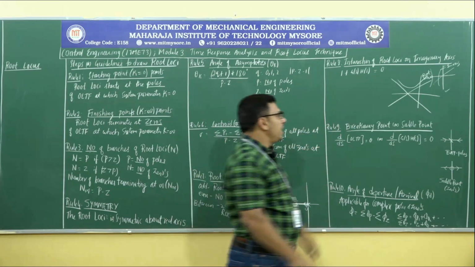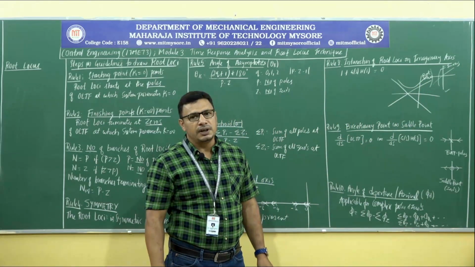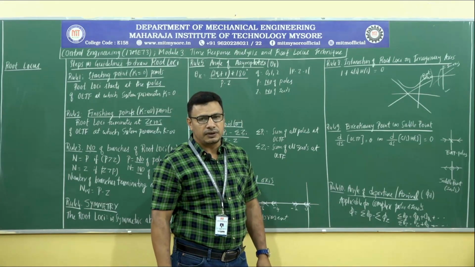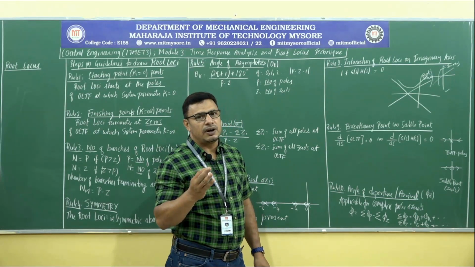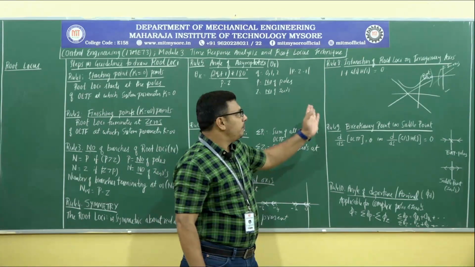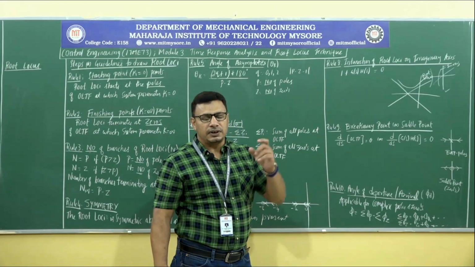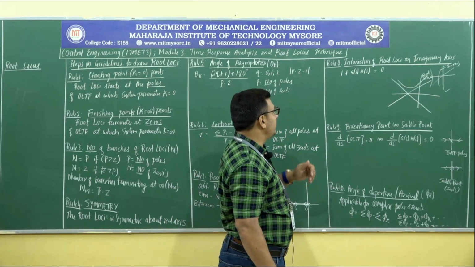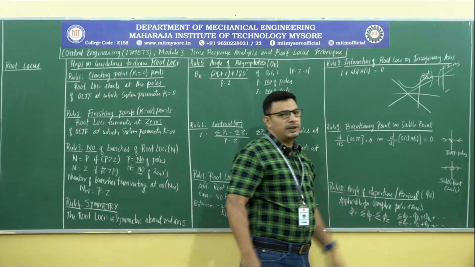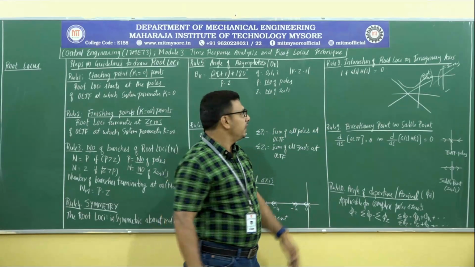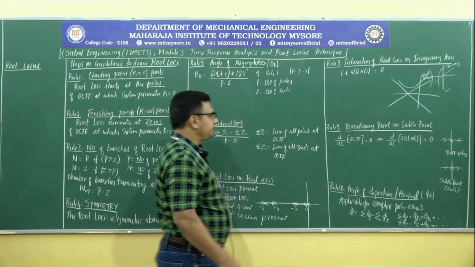And further, at what frequency the intersection of root loci happens with the imaginary axis, that is also to be known. So, you will be able to get the information of where exactly the branch of root loci intersects the imaginary axis and the frequency at which it intersects. Both these pieces of information you will get with rule number 8, intersection of root loci with the imaginary axis. How are we able to get it? By using the formula 1 plus G(S)H(S) equal to 0.